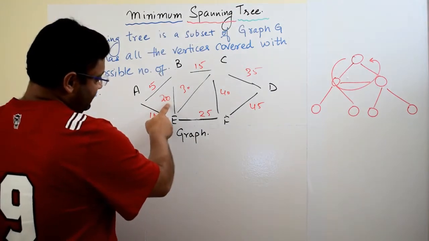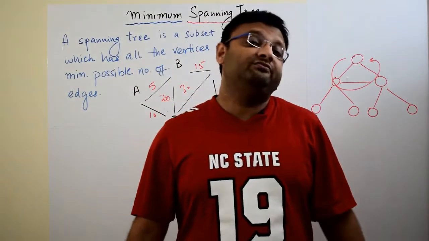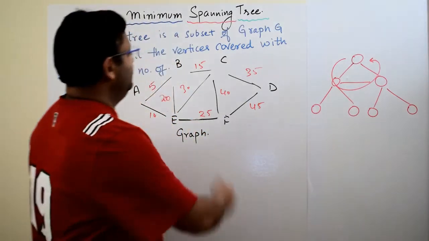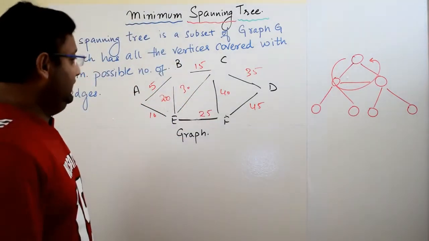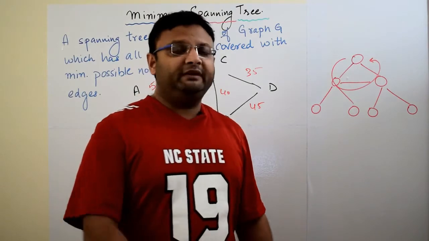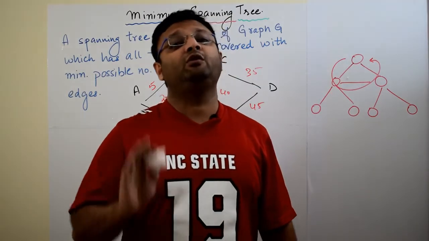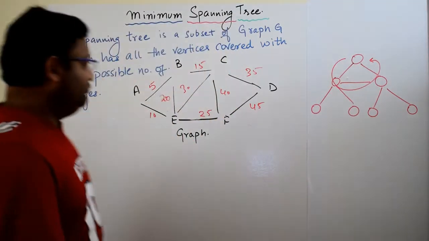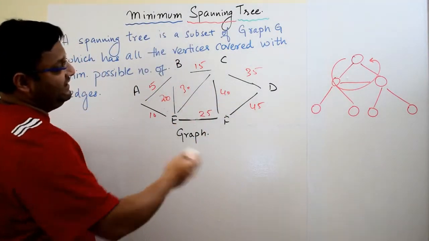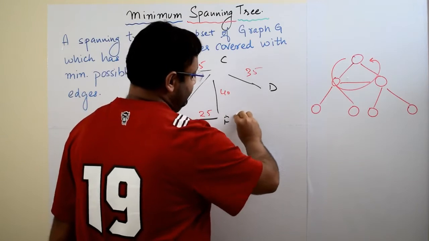The costs of each edge, which we can see here, might be the cost of laying a cable, right, or setting up electric wiring between these vertices, which in our case are towns or villages. So as an electrical engineer of a company, what will be your aim? Your aim would be to connect all these villages with the minimum possible cost of laying the wiring, right? So what would you do? Definitely, as an engineer, because you have to make a connection to each and every town, you will probably say that if I don't lay a line here, right,